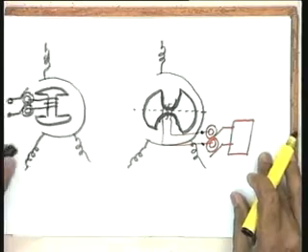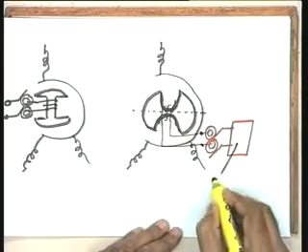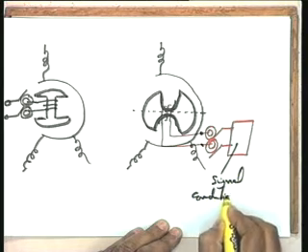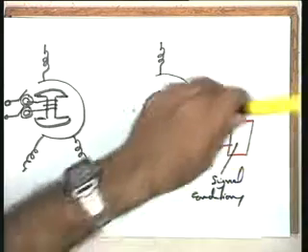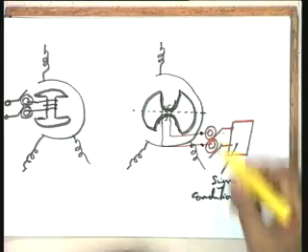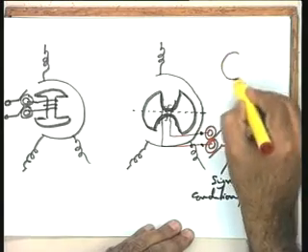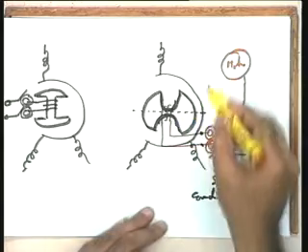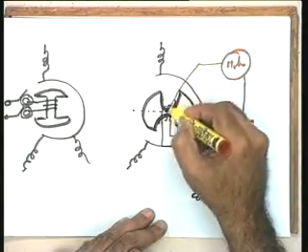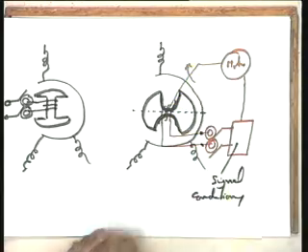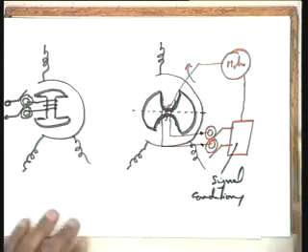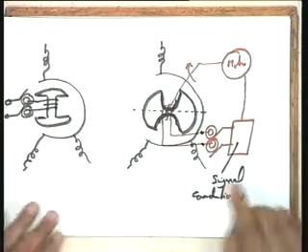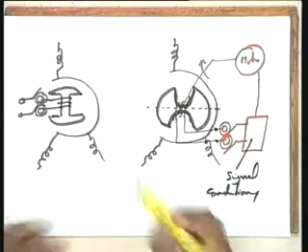Okay? So let me say over here, signal conditioning. The output of this is going to a motor, and this motor is going to control the position of this particular rotor. This motor is going to control, through a gear train of course if necessary, the position of this particular rotor.